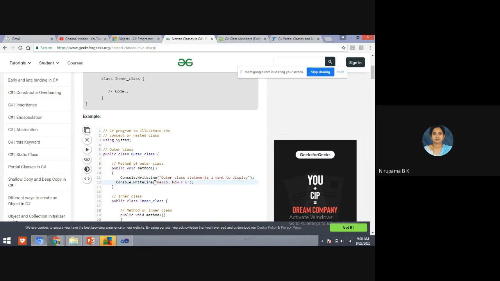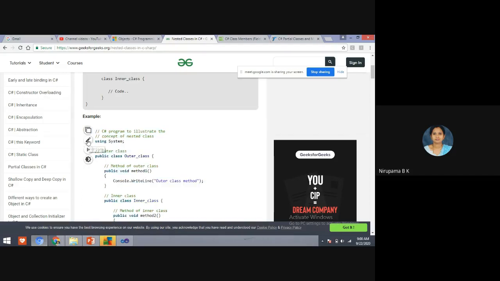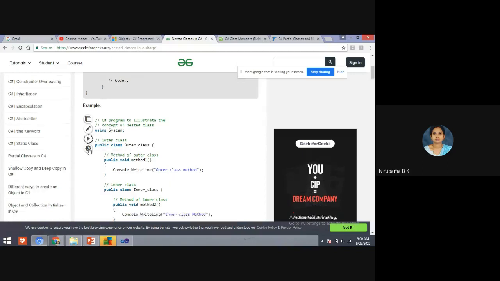Yes, students. You are seeing now what I am doing. I am editing the program in GeeksforGeeks. Here I am not using Visual Studio. I am editing the program in GeeksforGeeks, and here is the save option. Yes, here click on this close button. So close editor. Now I have edited the program, and you click on close editor. Now you run the program.